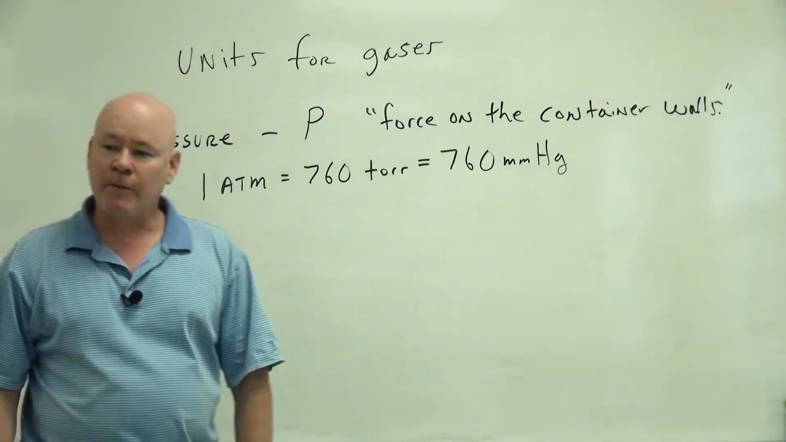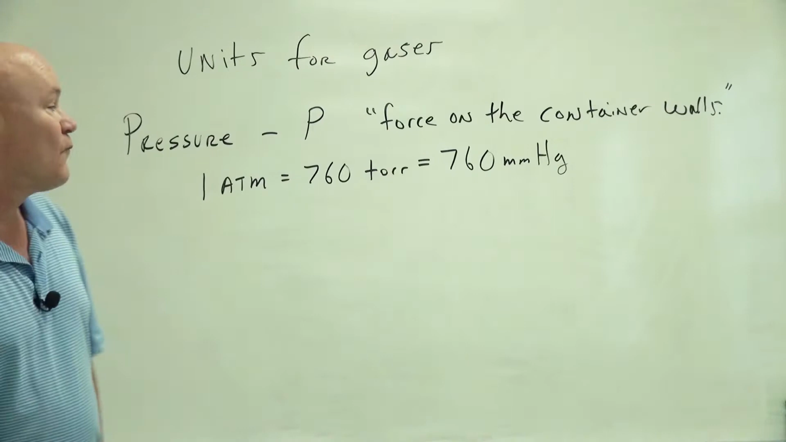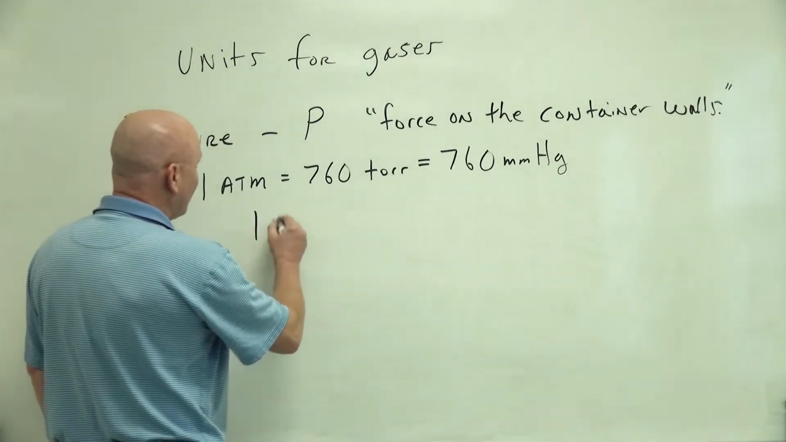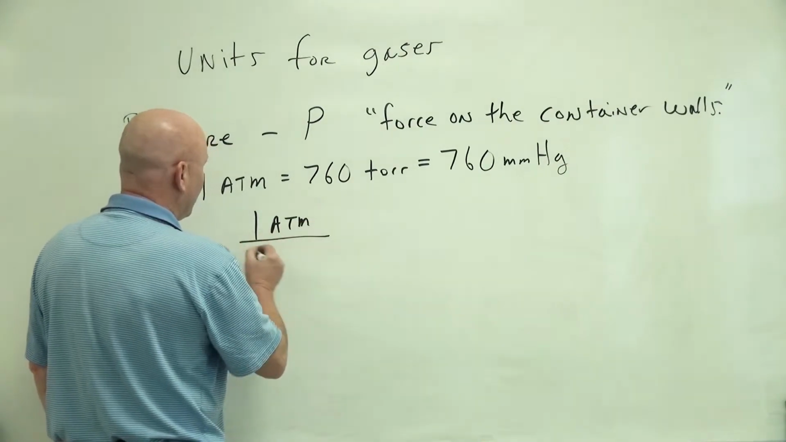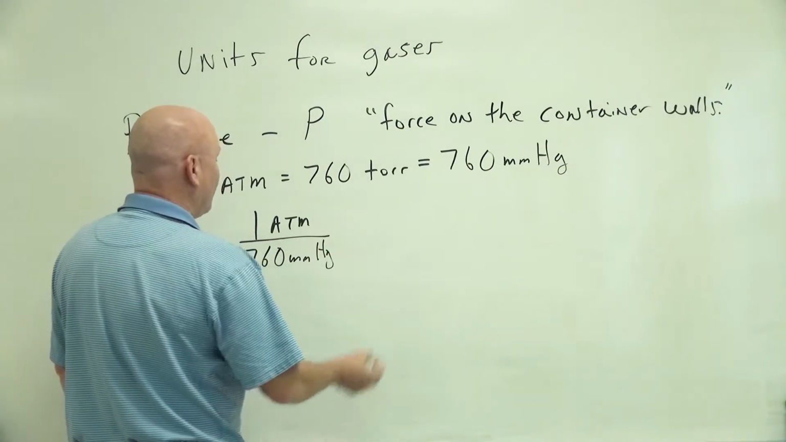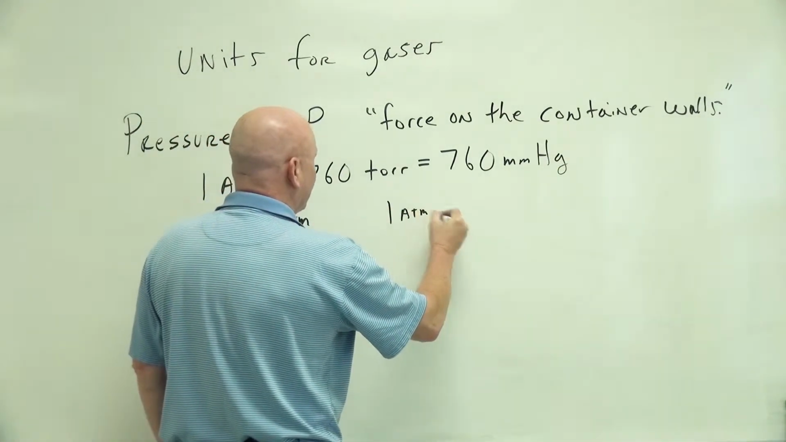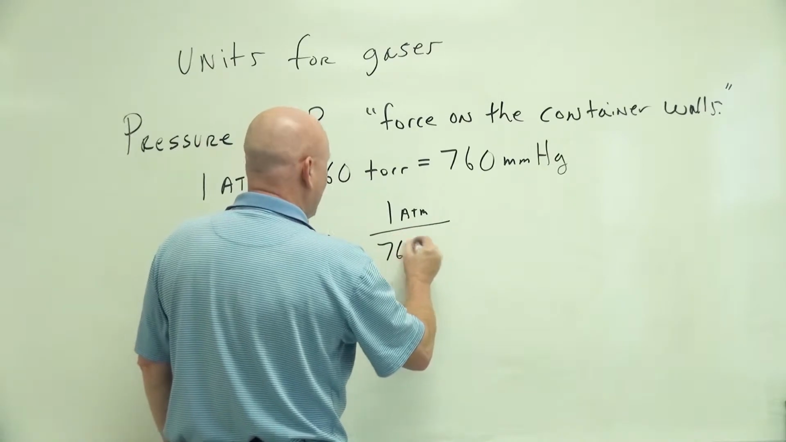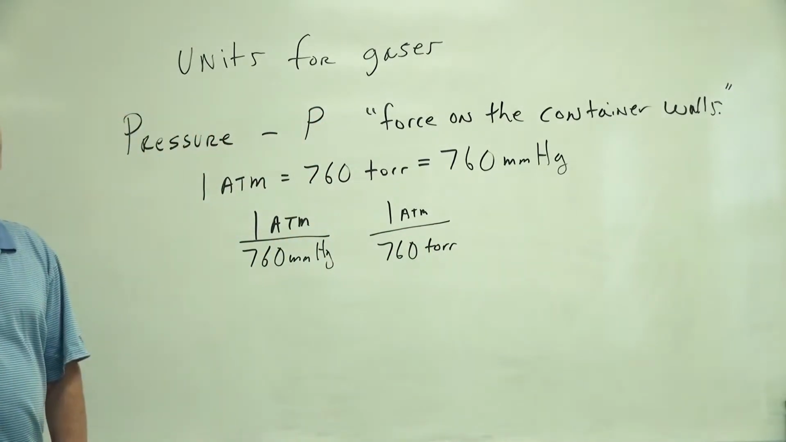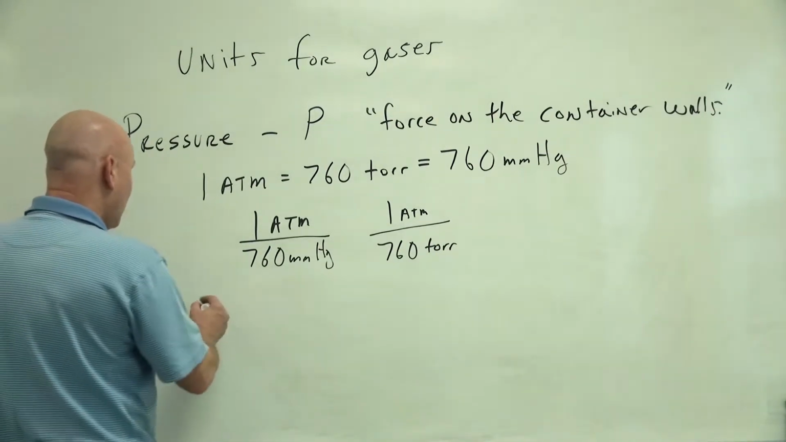Now, anytime we have an equality, we can write it as a conversion factor. So I can say this is 1 atmosphere for every 760 millimeters mercury. I can also say that we have 1 atmosphere for every 760 torr, and I can use these in conversion factors. Like, for instance, if I wanted to go from atmospheres to millimeters mercury, well, I would say something like,